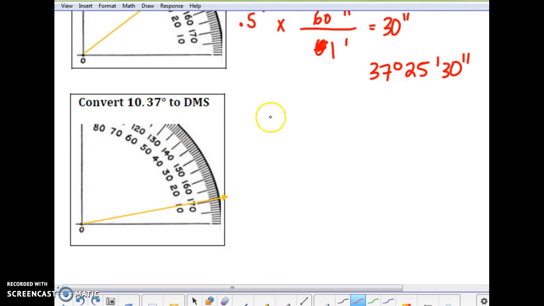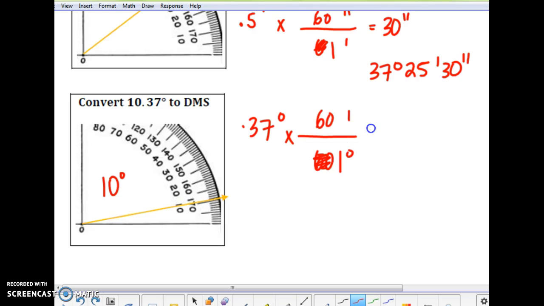Last one, 10.37. So remember that 10 is going to stay. This is definitely 10 degrees. We have to worry about that 0.37. That's in degrees. We want it to go into minutes. So 60, I did it again. 60 minutes, 1 degree, 0.37 times 60. You get 22.2 minutes. We're going to keep that 22, so that's going to be our 22 minutes, but we're